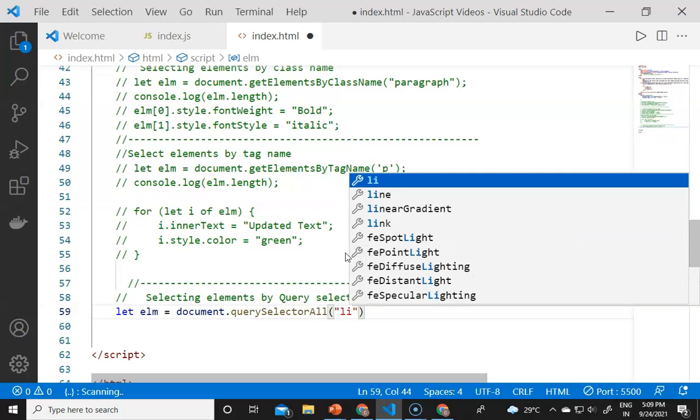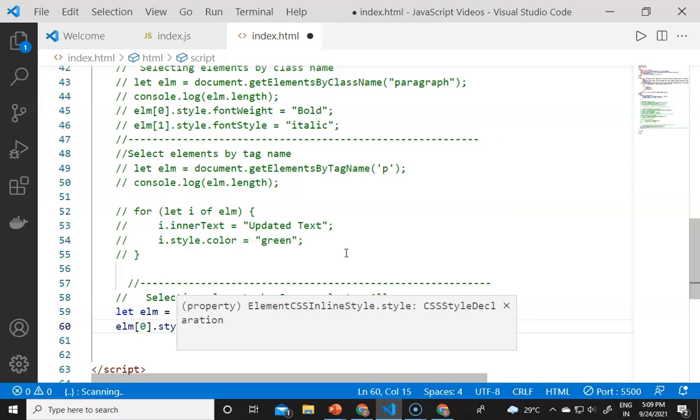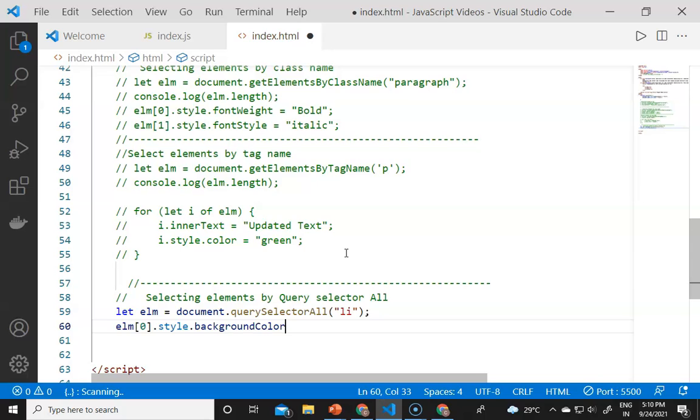So if I use the LI, and after this, I select only the 0 element of the LI, like the element at 0 dot style dot background color, and it will be gray.